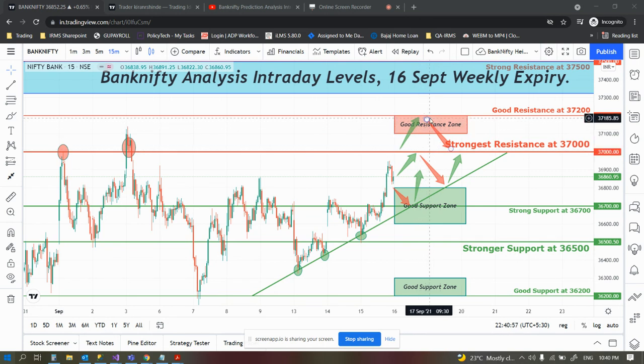more writers coming into the picture, maybe in the later half of the day, around 12 or 12:30, and we can see a good downfall, and covering that particular gap. This may be the one case. Second case, if the market opens flat, it would hold around this particular level 37,000 and then break and go to 37,200. Otherwise, if writers are more in number, we can see a downfall from this particular level as well.